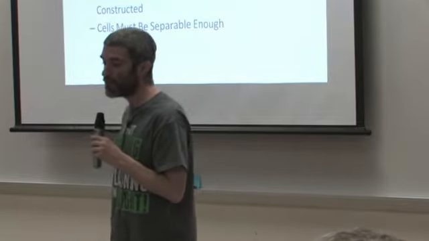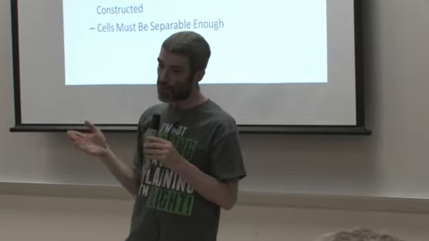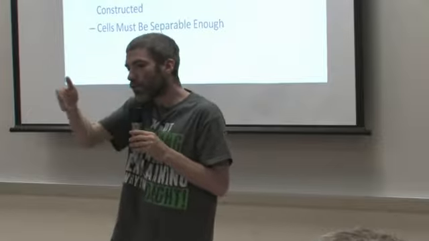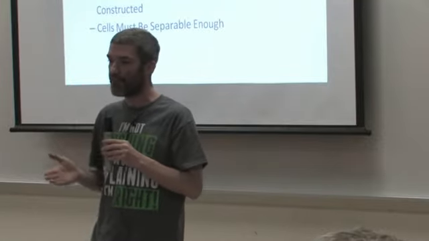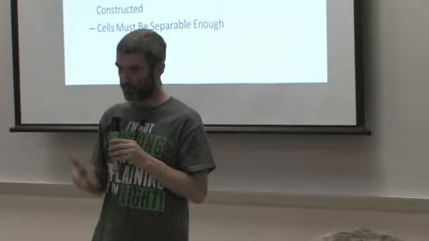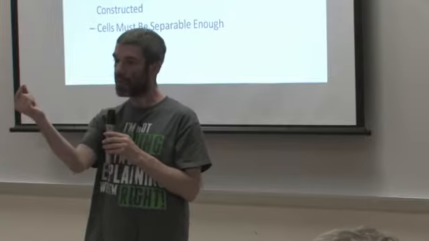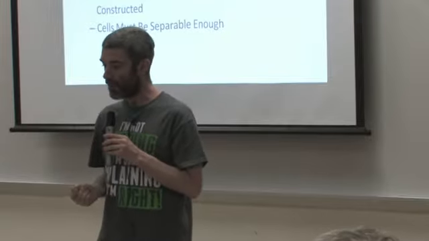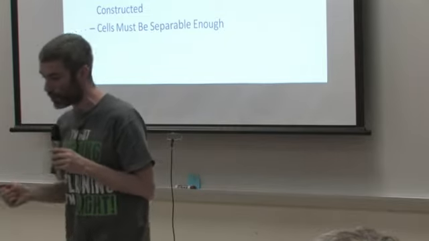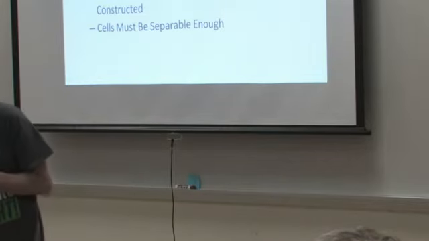And also the cells must be separable enough. Like that slide that I showed you before with those 4 cells in a row, those aren't quite separable enough to reliably get 4 queen cells out of that. You could easily get 2 out of it by sacrificing the 2 in the middle. But you want to make sure that somehow they're separable enough in order to use them.